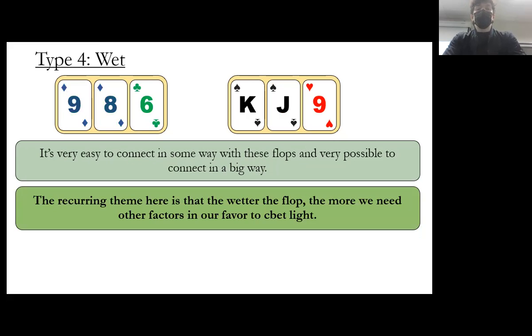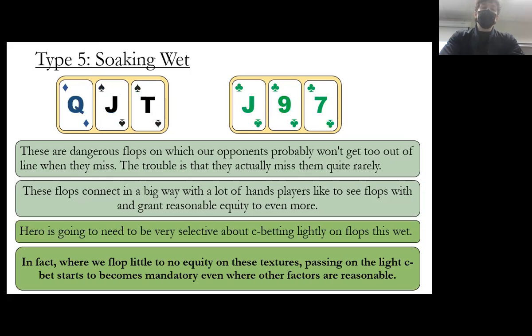So yeah, I think your idea is probably coming through, hopefully, at this point. On wet boards like this, there's a huge number of ways they could flop a big hand here, and so we're going to have to really tone down the bluffing. As we get into these soaking wet board textures here, where it's just insane, so many flushes and straights and crazy combinations, it gets to the point where unless we have a bunch of equity or a strong hand, we're just not betting. So the only time we'd really be bluffing here is if we had a ton of